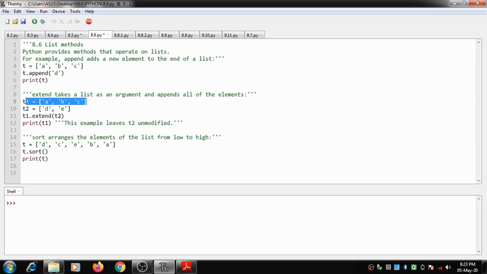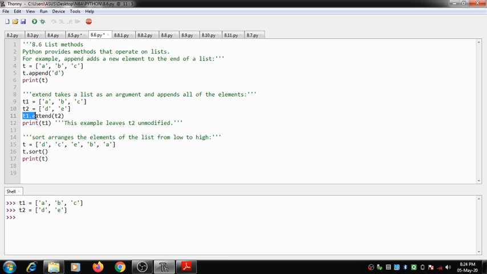Now you can see I have another list. I have two lists: T1, which consists of A, B, C as elements, and T2, the second list, which consists of elements D and E.